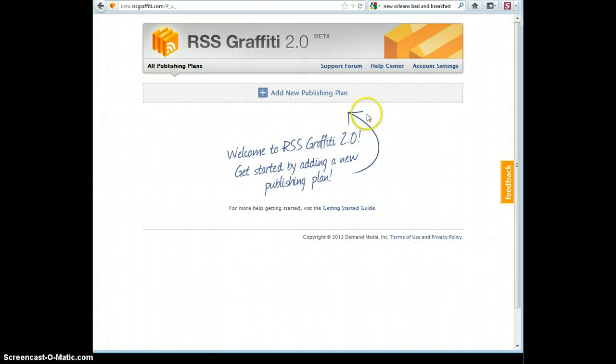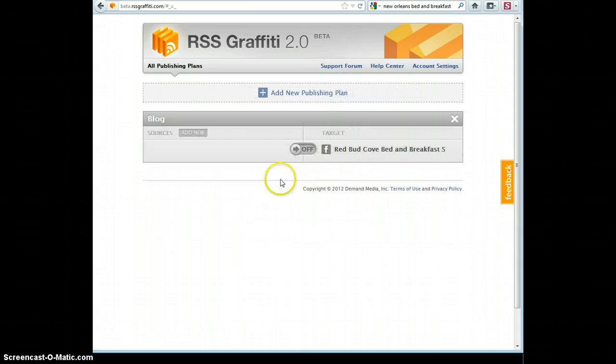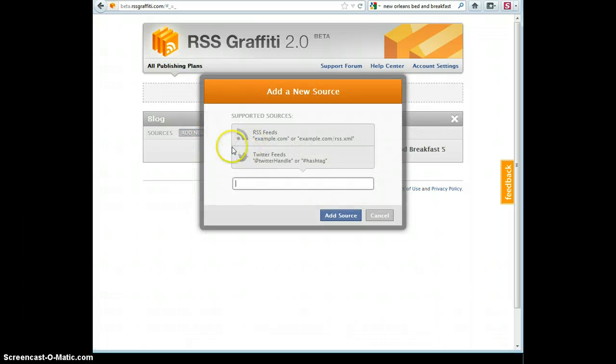And so now you can see we're on the RSS Graffiti page, and it says add a new publishing plan. So go ahead and click that, and you can name it whatever you want. In this case, I'm just going to type blog, because that's what we're working on, and create publishing plan. Now the first thing you're going to do is click add new to add a blog source,